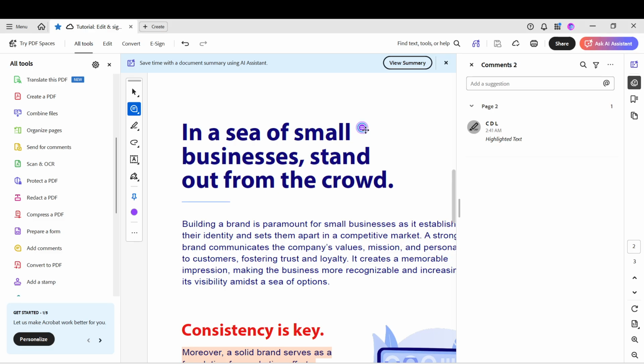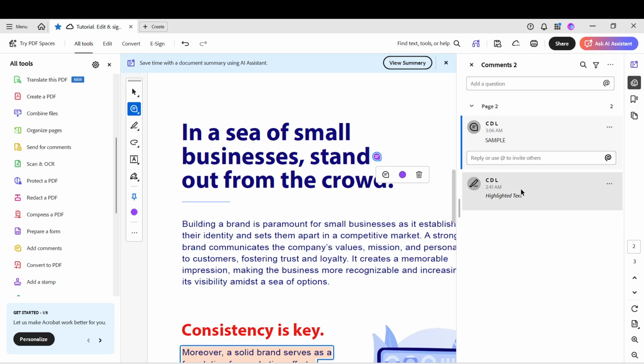Keep your notes specific. Mention the page area or nearby text if that helps clarify your point. You can reposition the note marker by dragging it, and you can edit or refine your message anytime. When you're done reviewing, save the PDF as you normally would so the comments stay with the file.